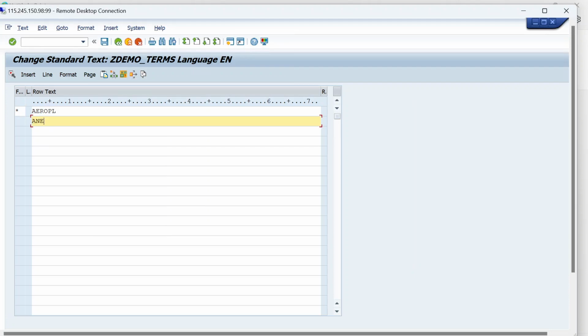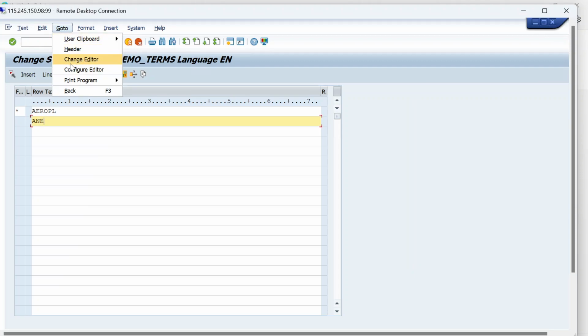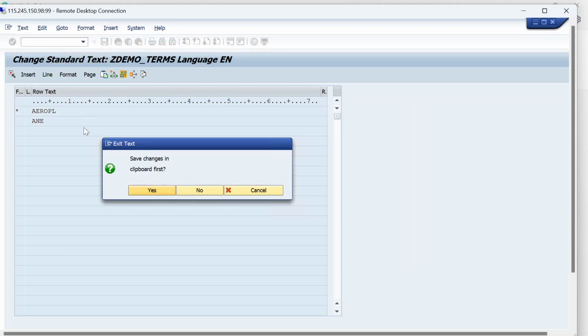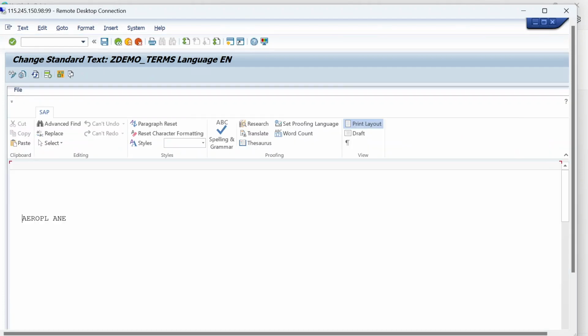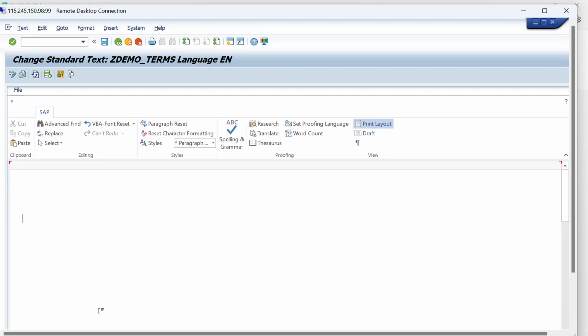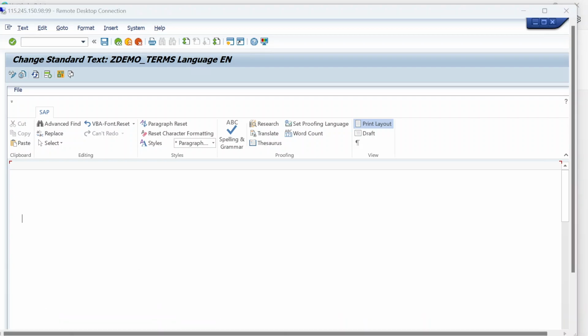So we have different options. Usually text can be maintained in this word based editor, right? Here you can easily maintain that text in the word based editor. So now let's maintain some terms and conditions here,